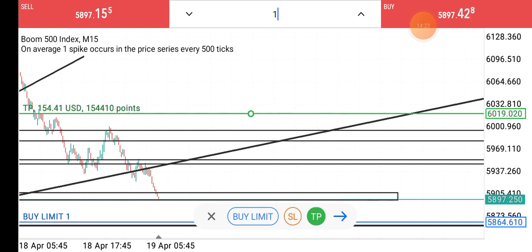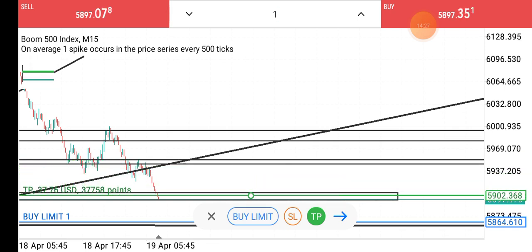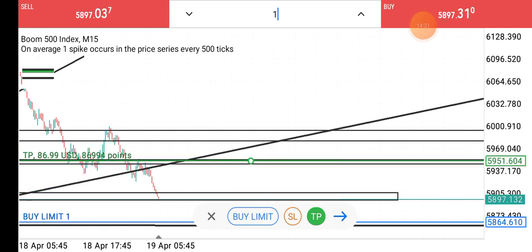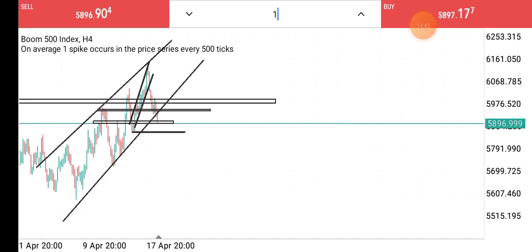Then you will take profit level. If it is this first point, this first key level here, you might make about $40. Then if you can hold it to get up to this point, it's over $80, guys. With a lot size of just 1.0, you make massive money, guys. So even if you can wait for this 4-hourly time frame setup to play out, because